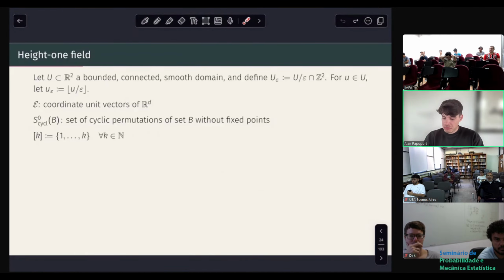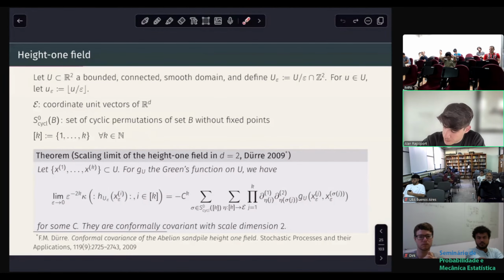So basically, back then in 2009, he gave this result over here, which might seem a bit scary at the beginning, and I'm not interested in you understanding every single symbol here, which is nothing crazy, to be honest, it's just notation. But I want to show a little bit the structure that we see here. So what he calculated is, first of all, the cumulants, rescaled by some parameter, of the height one field,